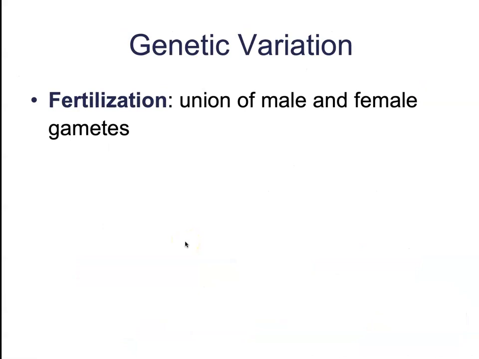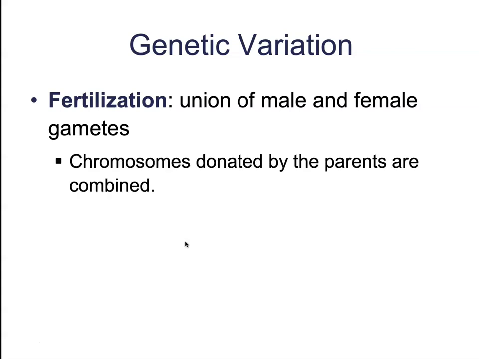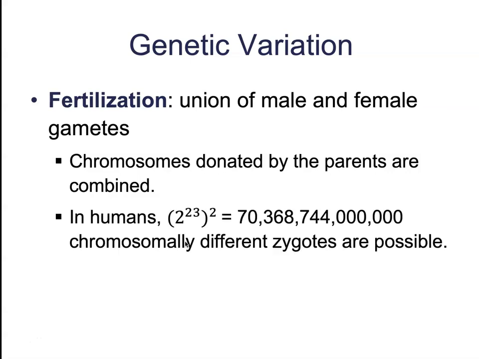Fertilization is another way that we can get even more genetic variation. That's the union of the male and female gametes. You're going to get chromosomes donated by the parents that are going to be combined together. In humans, and I'm not going to ask you to memorize any of these numbers, I'm just throwing this out there, when you look at the number of combinations that are possible between a male and a female during that fertilization and the arrangement of the chromosomes, there is,